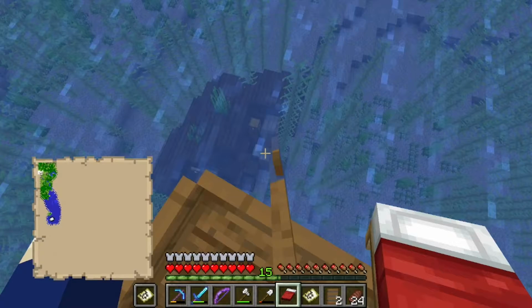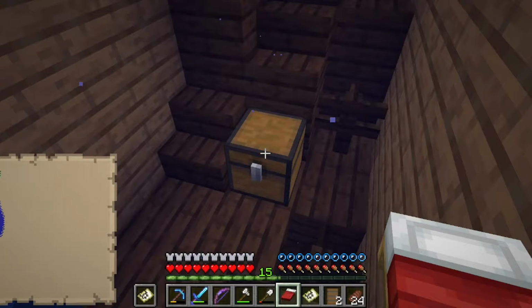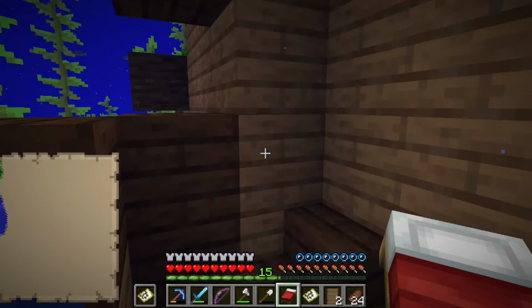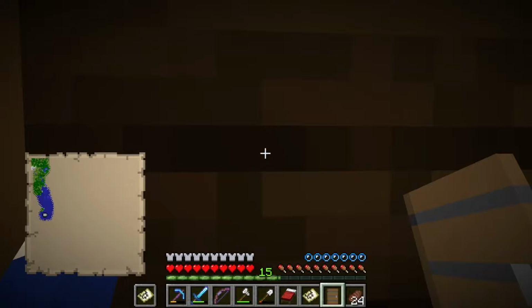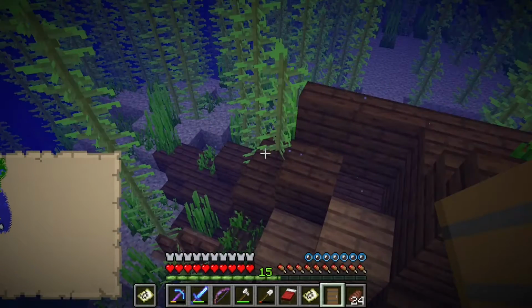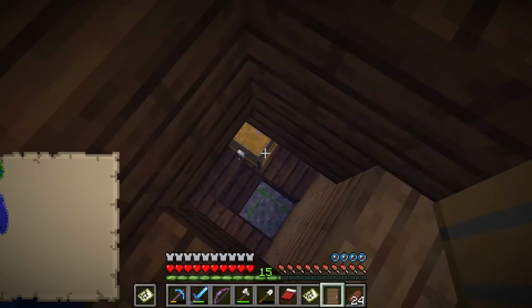But, okay, I see at least one chest, so let's... This is the valuable one. Okay, we got some iron. That is very good. Pop the door here so we don't drown, and replenish our oxygen. I'm not sure. Again, this boat is not even close to being complete, but